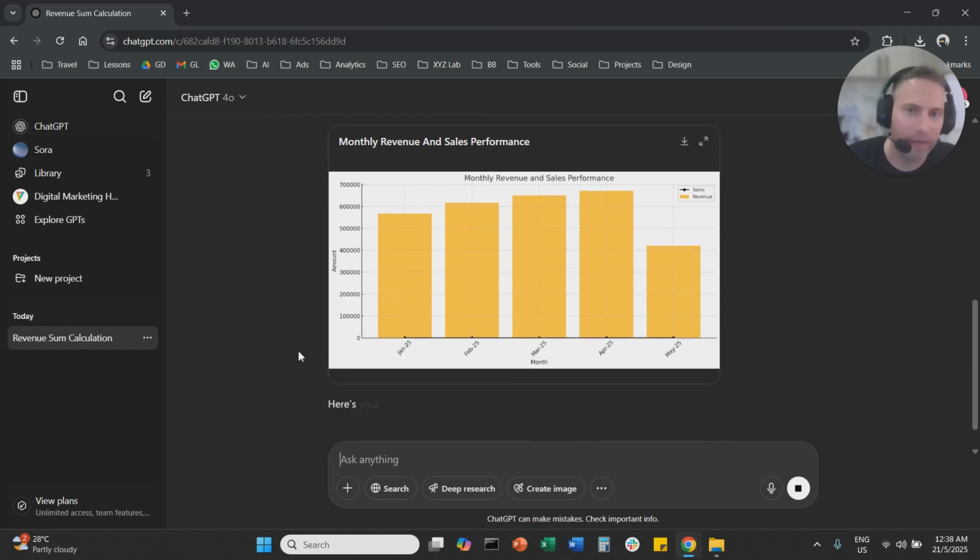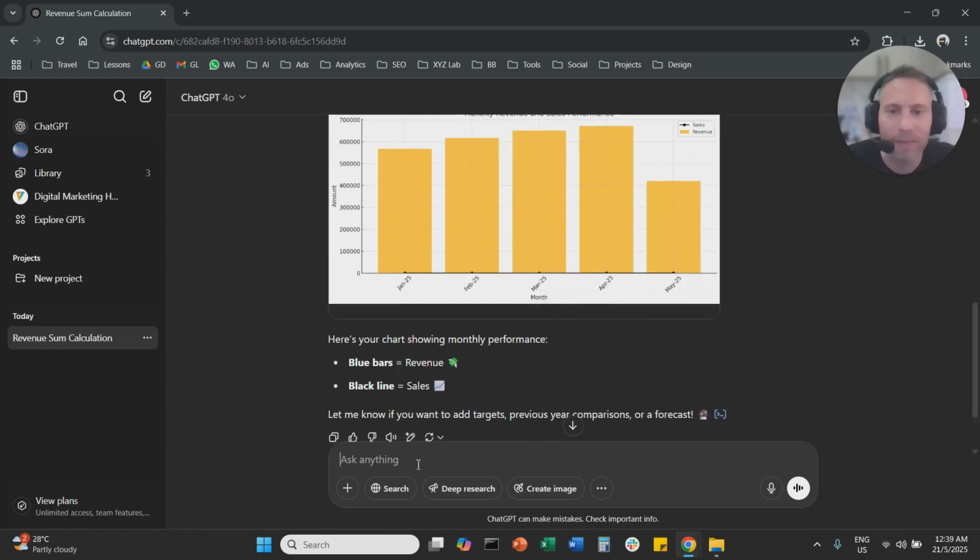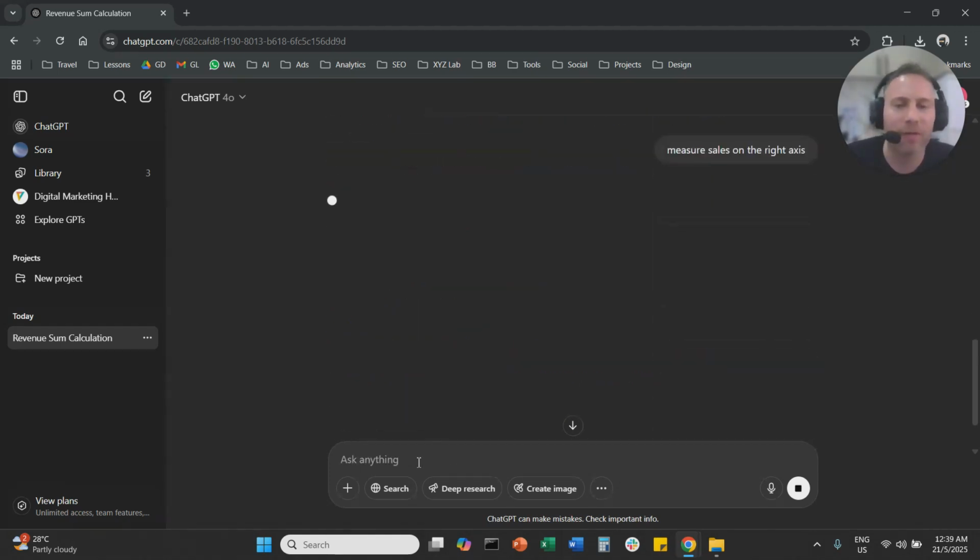So with this logic, you can analyze any type of file, and you can keep prompting the tool to do things that are even more complex than what I'm doing here. Now here, this chart is revenue and sales, but then we can say to the system, maybe let's say measure sales on the right axis. So the line will be visible here. And then you can keep prompting, you can change the look and feel, you can ask the system to do anything you like with your